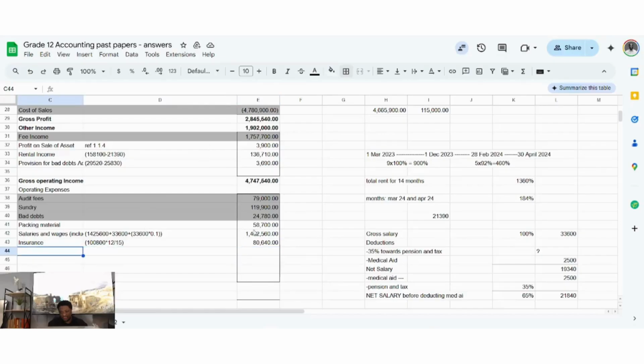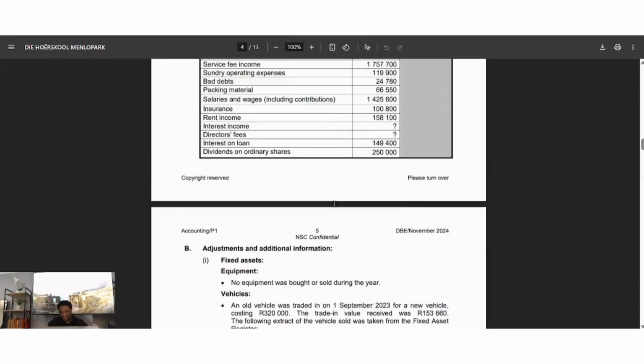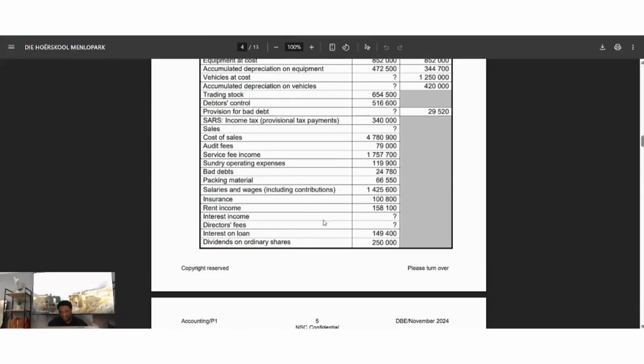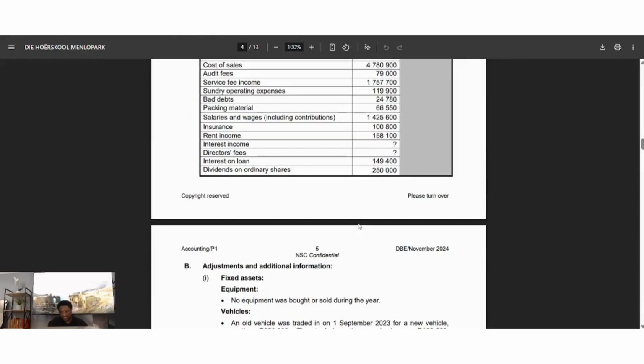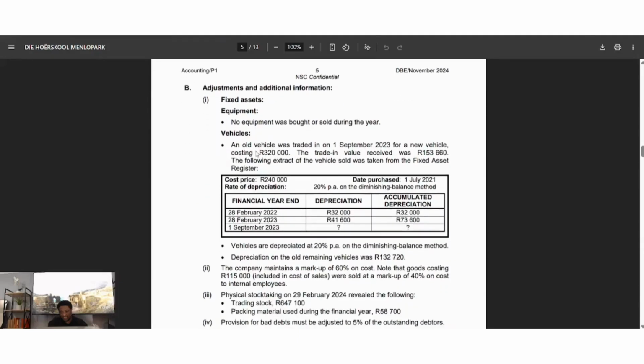Let's see, so we got this, and then it's director's fees. So director's fees, what did they say? We got director's fees, and we're not even given an amount for director's fees. And what falls after director's fees? Okay, we have nothing else in the list after director's fees, and so it means that we're probably going to